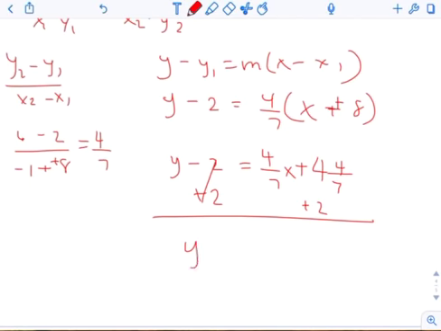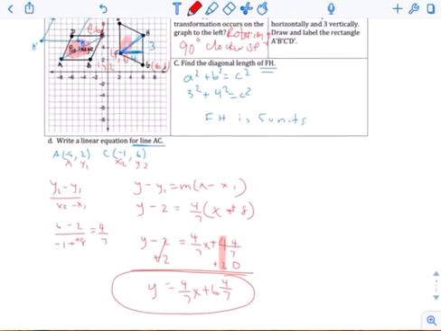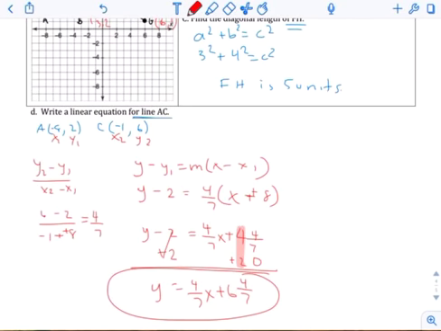You get y equals 4 over 7 x. 4 plus 2 is 6. That's your answer. Okay? Or whatever decimal you got, but you should learn to easily add like